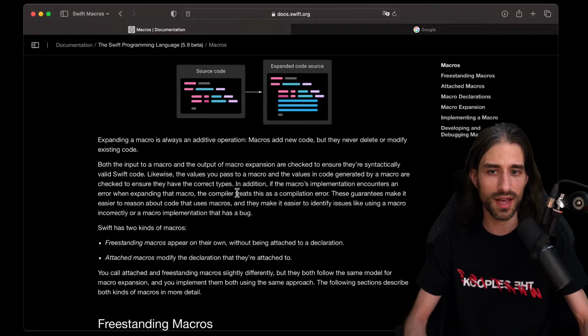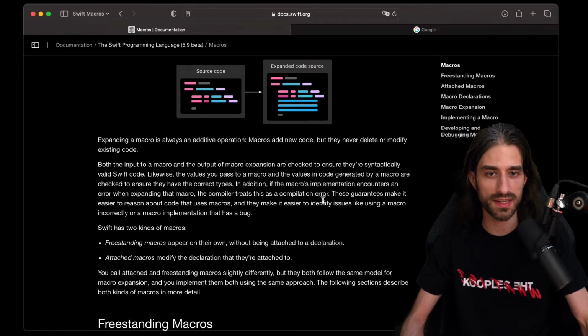Whereas here, the arguments you pass to a macro are typed, and Swift can verify that you are calling a macro with the correct type. Like if the macro is expecting a string and you're passing it an int, it will result in a compilation error, if I understand it correctly. In addition, if the macro's implementation encounters an error when expanding that macro, the compiler treats this as a compilation error because macros are Swift programs.